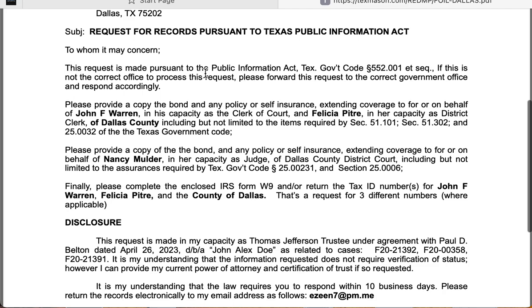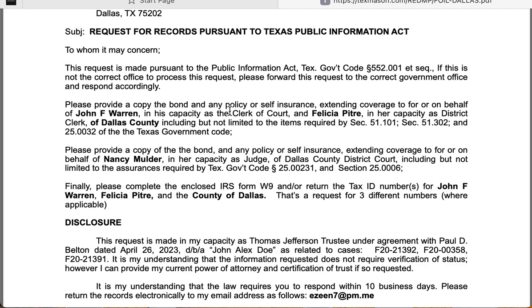This request is made pursuant to the Public Information Act, Texas Government Code, subsection 552.001. If this is not the correct office to process this request, please forward this request to the correct government office and respond accordingly. Please provide a copy of the bond and any policy or self-insurance extending coverage to, for, or